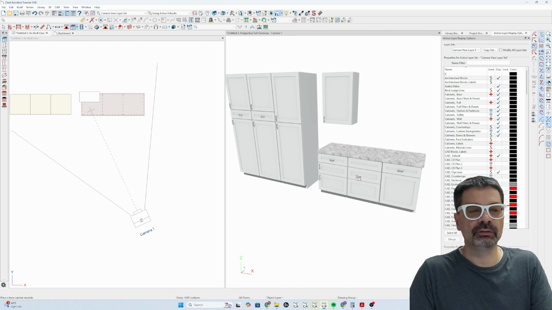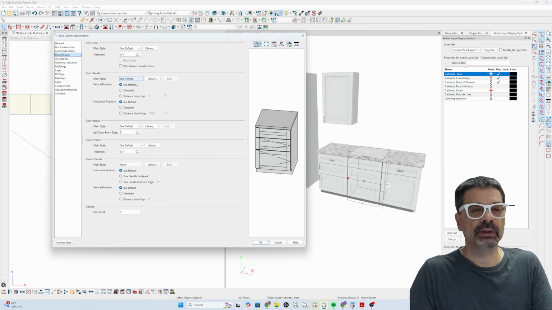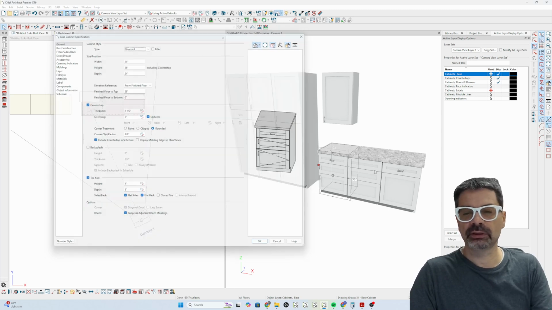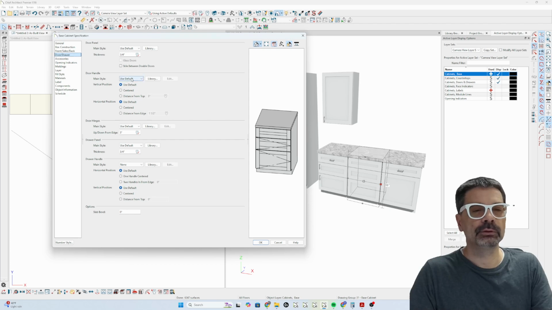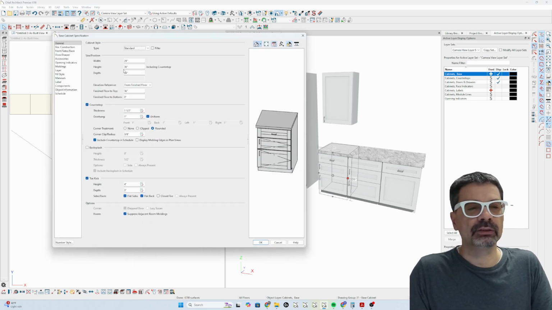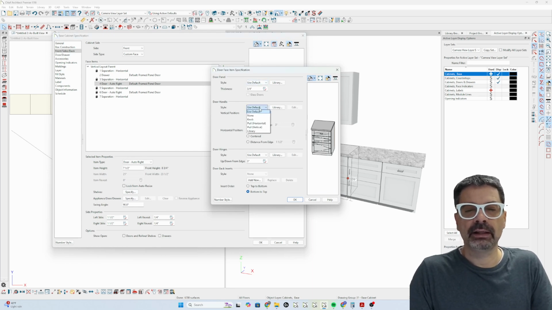We can go into the individual cabinet and change the door and drawer handles per individual cabinet here. Or we can go into individual panels. Let's do this. Door and drawer, door handle, pull vertical. Or we can go into individual panels by clicking on the face of the door, that door face, and specifying a manual specification. Now we might specify the same manual specification that all the others have,